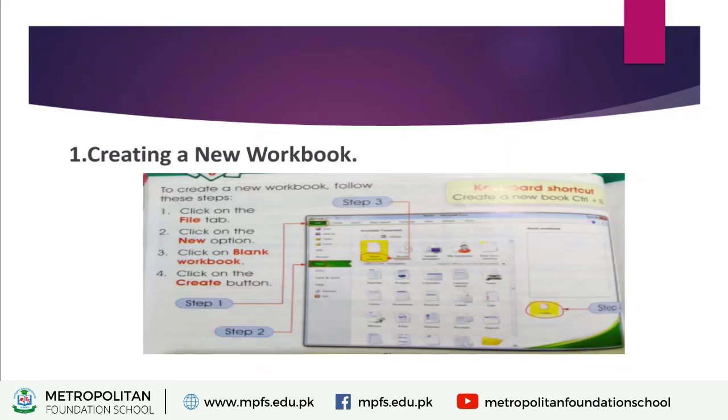You can also create a workbook while MS Excel 2010 is running. To create a new workbook, follow these steps.